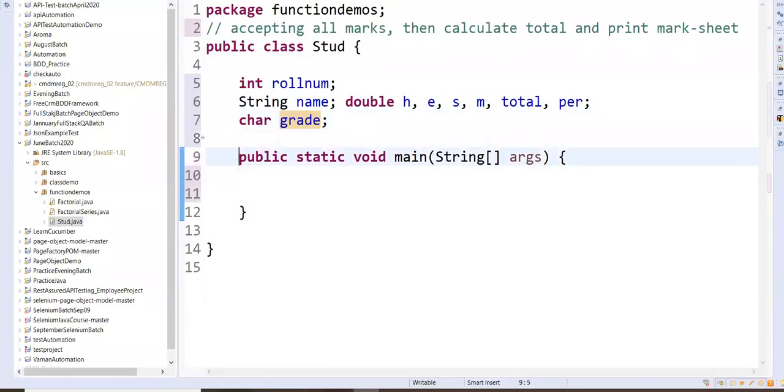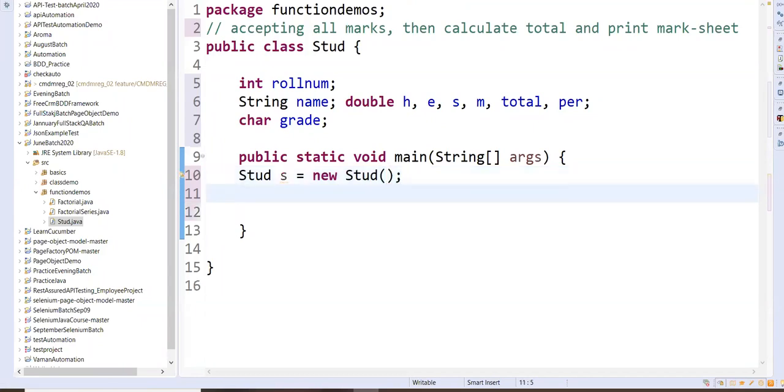Now we have a main function. So actually in main function, the standard way is in the main just creation of the object and calling of the function should be there. So I'm writing stud s is equals to new stud. What this will do, I described last time that when you create one object like this, it will create